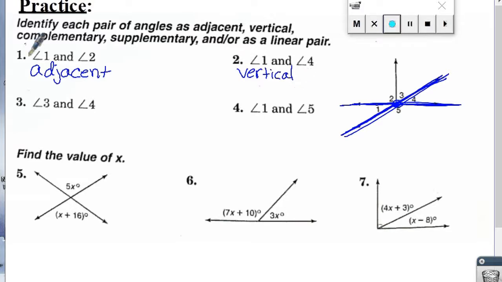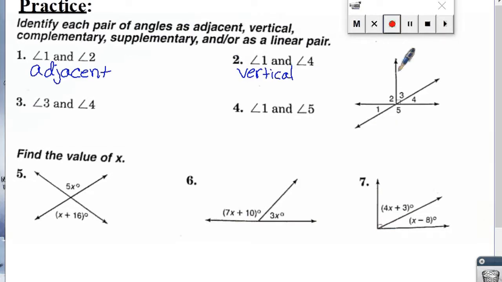Complementary means they add up to 90. Supplementary means their measures add up to 180 degrees. I don't really know enough about this diagram to make that assumption. If I knew that they were each 45 degrees, I could say that they were complementary. If I knew that they were each 90 degrees, I could say that they were supplementary. But I don't know that. So the only thing that I can say about these angles is that they're vertical. And if they're vertical, they cannot be adjacent. Part of the definition of linear pair is that they have to be adjacent, so they can't be a linear pair. Okay, next up,